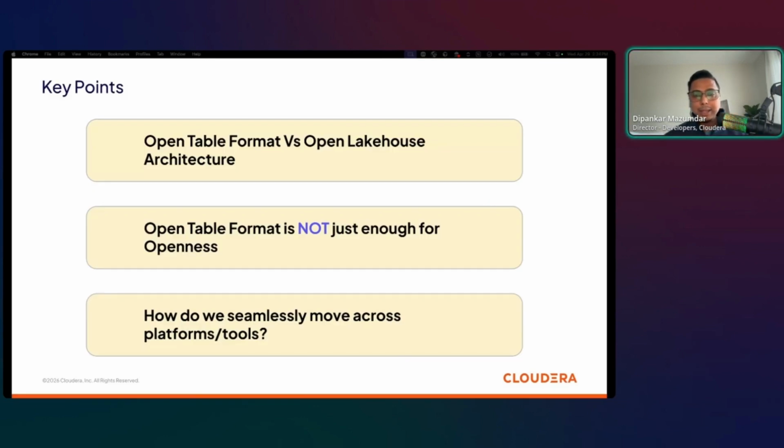All right. The thing is, table format is not the only component that you typically see in an open lakehouse architecture, right? An open lakehouse actually has other things like the file format, the storage engine, and the catalog and compute, along with the table format, and we're going to go over some of these things very quickly. But unfortunately, in the marketing lingo and in the market, we use the terms open table format and open lakehouse very interchangeably.